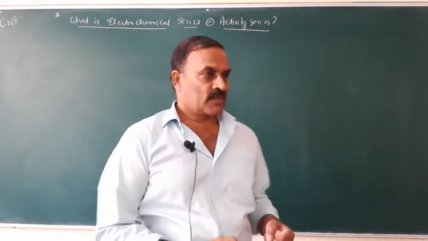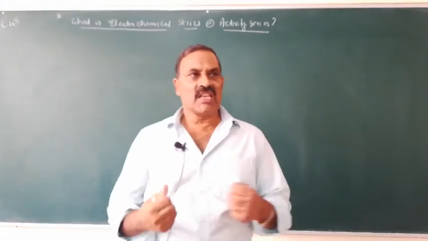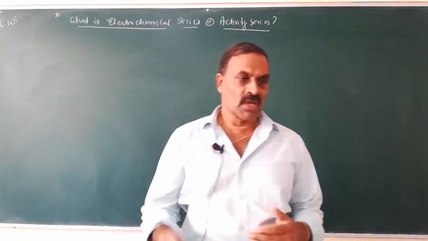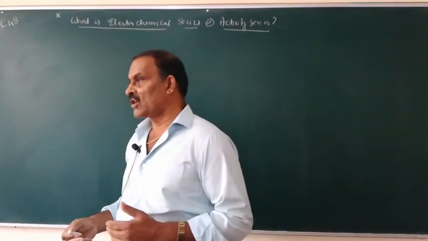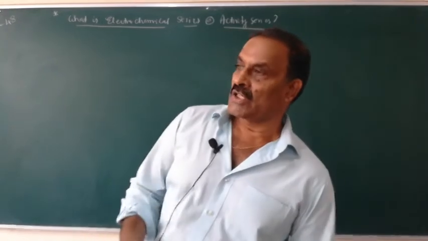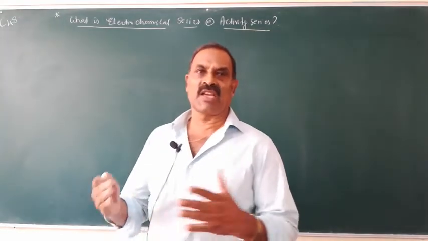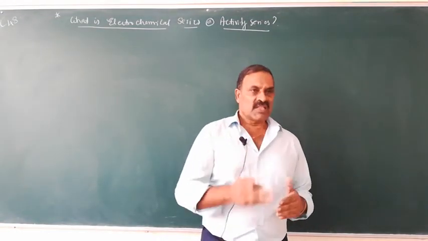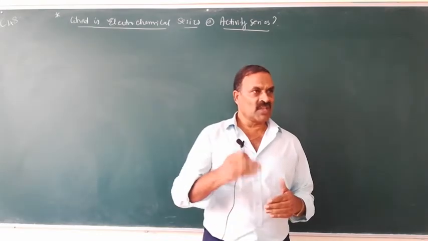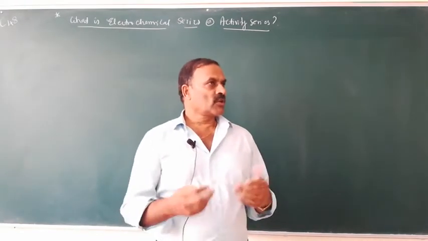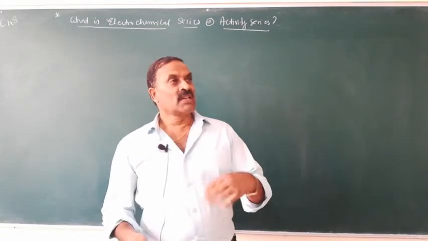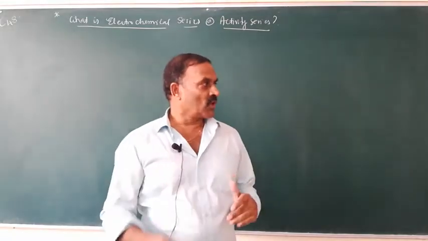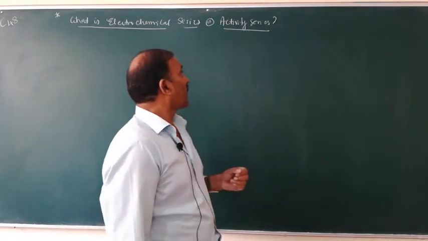So now I have explained how electrode potential of any electrode can be determined using standard hydrogen electrode. Here the standard hydrogen electrode is called reference electrode because using this standard hydrogen electrode we can determine the electrode potential of other electrodes. So such an electrode by using which the electrode potential of other electrodes can be calculated is known as reference electrode. So standard hydrogen electrode is therefore called reference electrode.